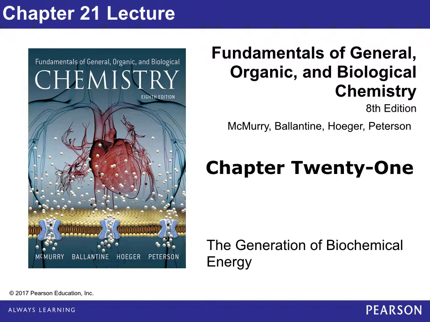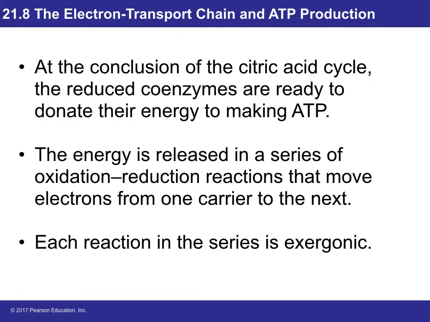This is the last part for that chapter 21 on the generation of biochemical energy. Again, this is really a summary, so please read the summary at the end of your textbook for that chapter, and it will help you understand the concept. So we were just stopped at the citric acid cycle, also known as the Krebs cycle,